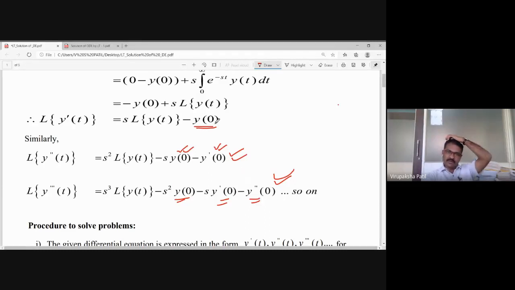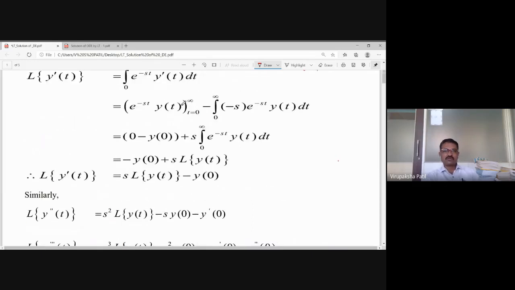Now, sometimes you may ask, sir, if it is not given, what should we do? If it is not given, we have to assume some constant value, or keep it as it is, nothing to assume there. As the situation demands, we keep it as it is if those conditions are not given. Usually 99.99% they will give those conditions. Now, we'll check how to solve the differential equation using this method.